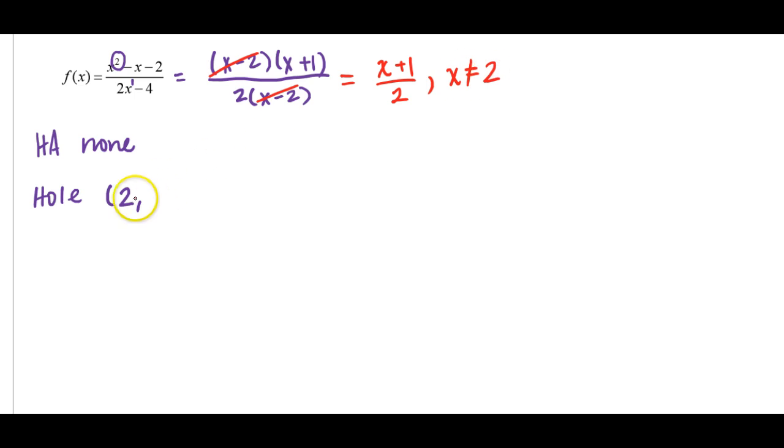The hole is going to be at 2 comma, let's see what happens. If I plug in a 2 into this x, I'm going to get 2 plus 1 over 2. So at 2 comma 3 over 2 is the location of my hole. And now I have this function left over. And before I try to find any x-intercepts or any vertical asymptotes, what I want us to recognize is that this is no longer a rational function so much as